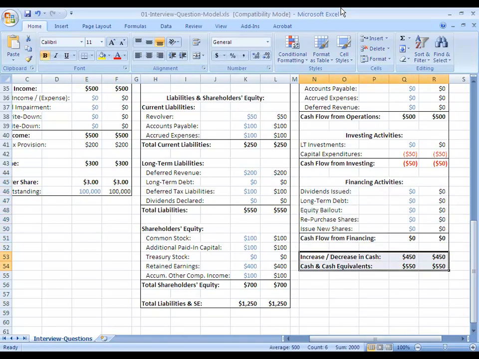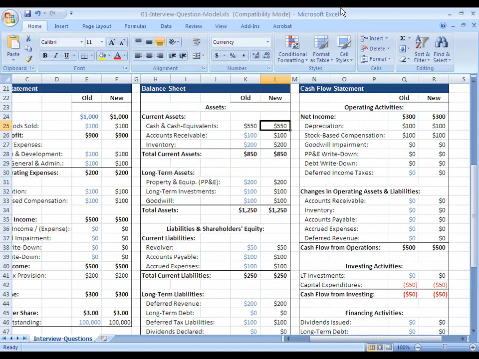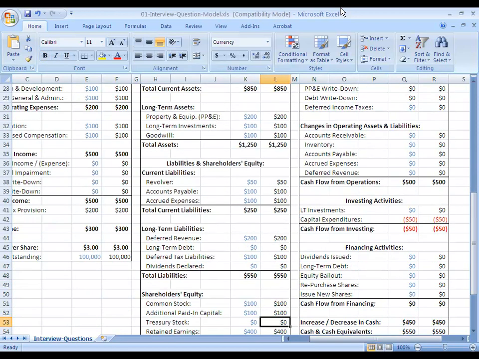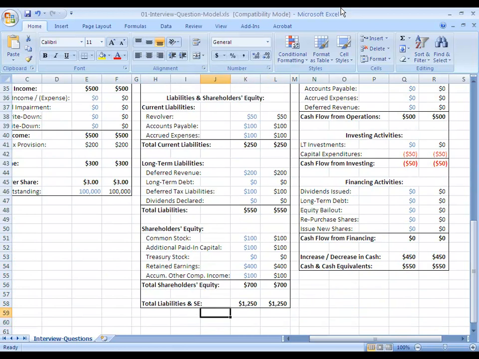Then at the end, once you've figured in all those changes, you get to the increase or decrease in cash. That increase or decrease in cash then flows into the new version of the balance sheet and becomes your cash balance at the top. The rest of your assets and liabilities have already changed and have already been reflected on the cash flow statement, so there's no need to do anything there. And then for shareholders' equity, the only change that you need to make is that you need to make sure that net income from the income statement is also flowing in there. And that's how everything ties together.